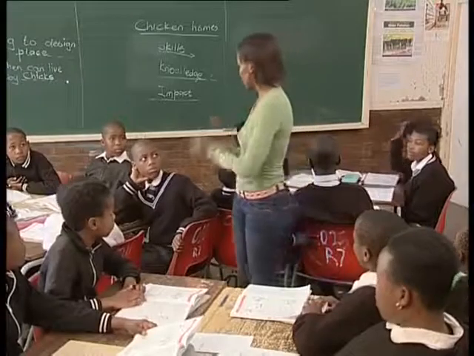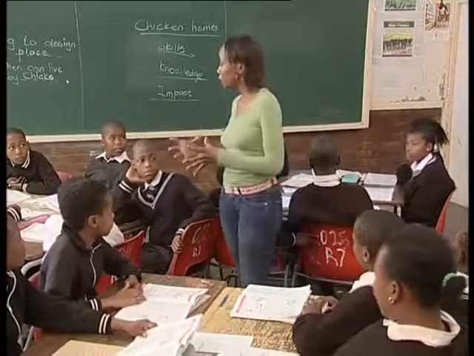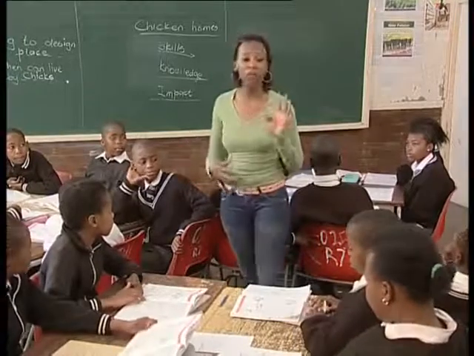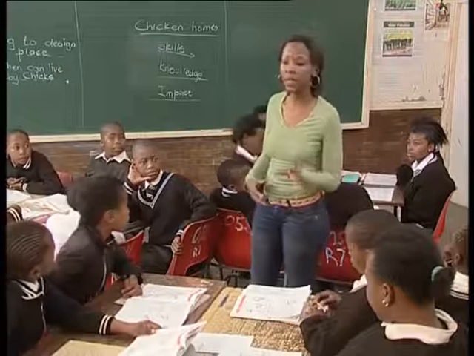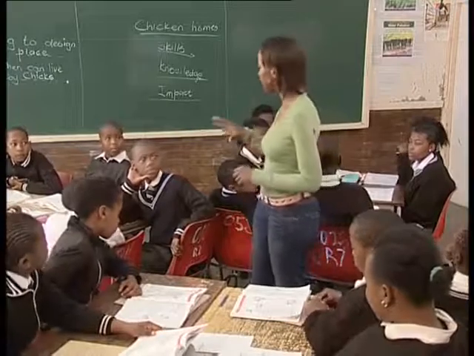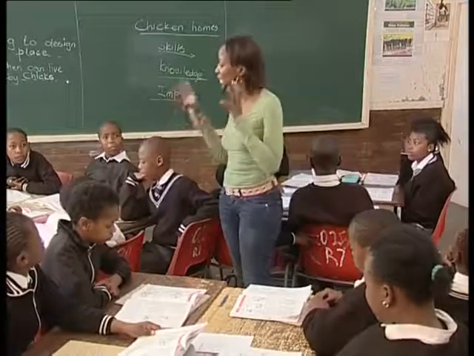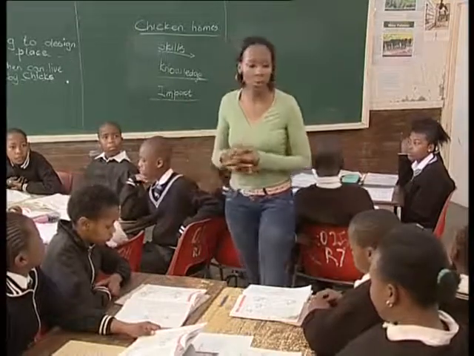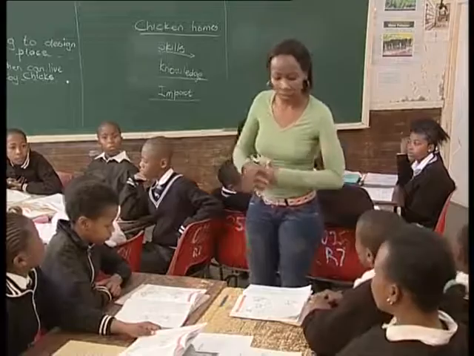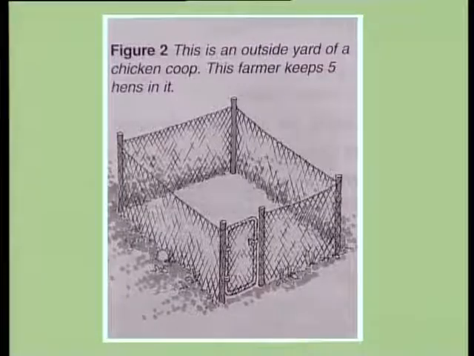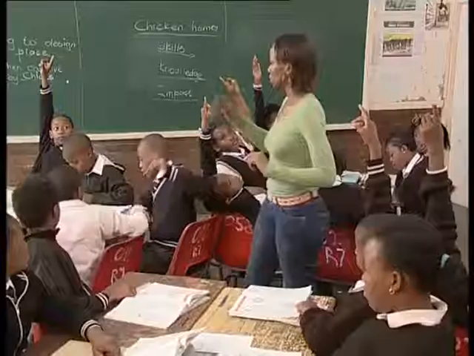As you know, in technology, you make things to solve the problem, but you still need to find out more information about the problem. So now Linda has gone to an expert farmer, a person who specializes in chicken farming, to ask some questions. Okay, if you look at figure 2, please, what do you see there? Charlene? Outside fence. She sees a yard with a fence.